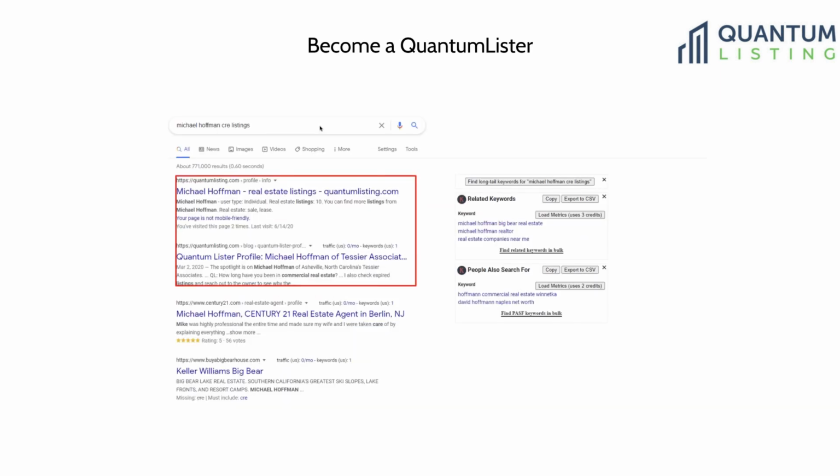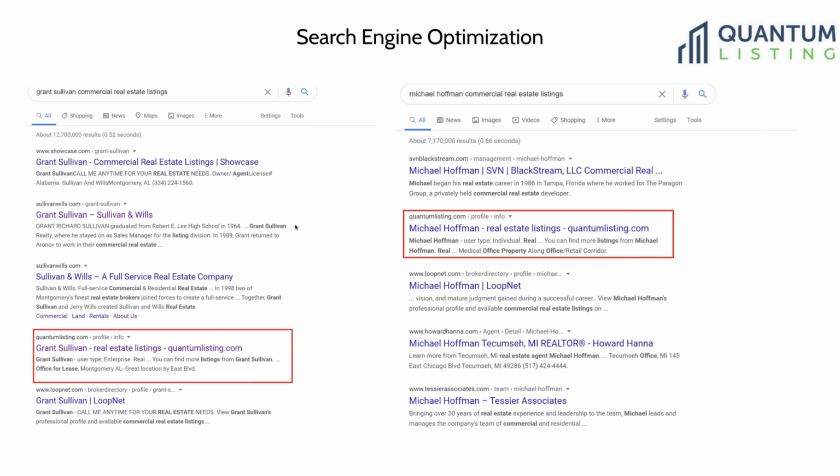Sorry, went the wrong way. And you can see Michael Hoffman, similar result for him. First was his profile from Quantum Listing, and then his Quantum Lister profile article. And when people search,